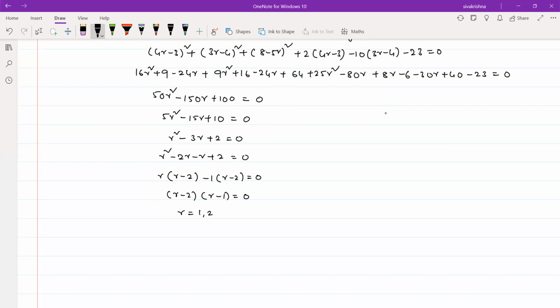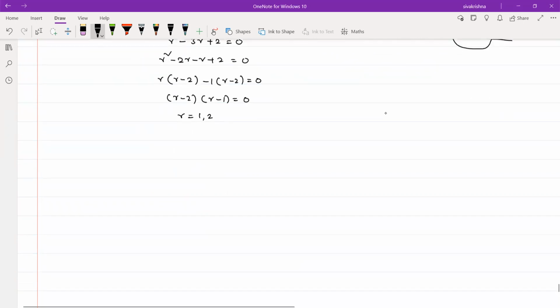Here we get two values for r. Why? Because whenever a line intersects a sphere, we get 2 points. Suppose this is a line equation that intersects the sphere, then that line intersects the sphere at 2 points. So the points of intersection of the sphere and the line should be 2 points. Whenever we get two values for r, we get 2 points. So the first point is, therefore,